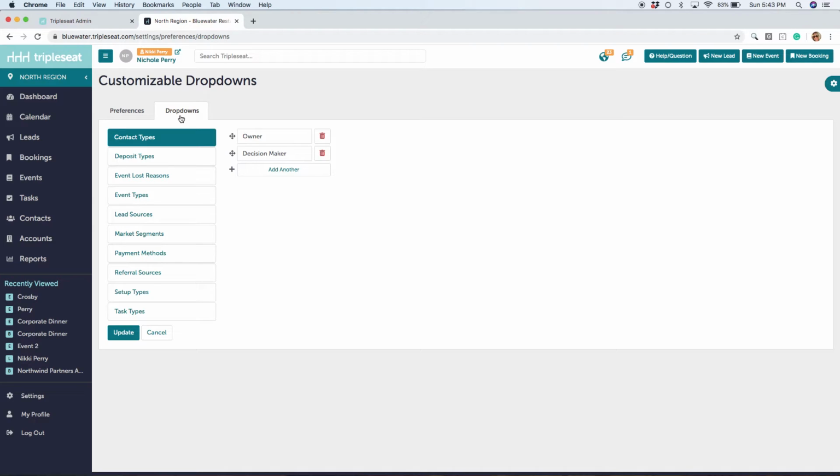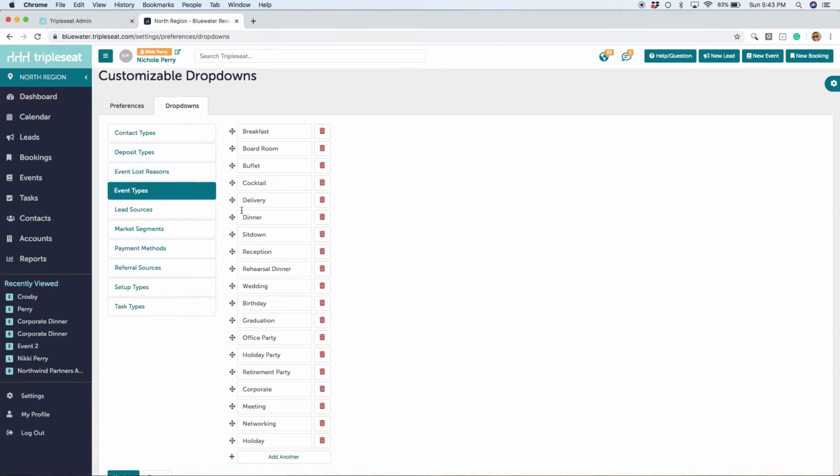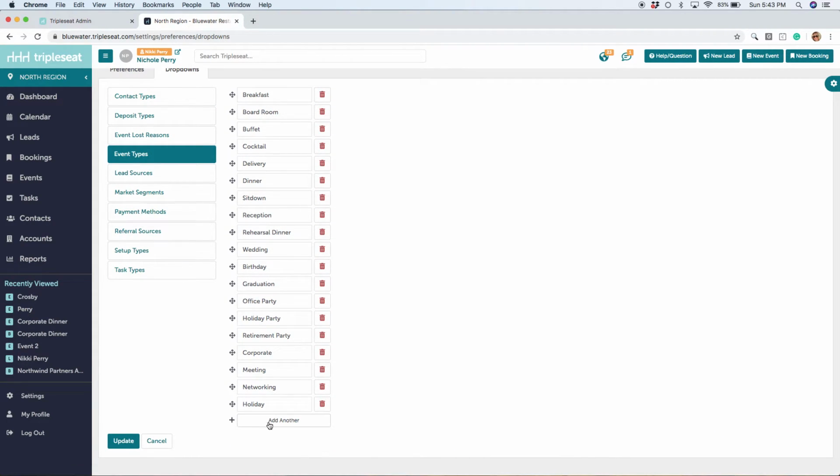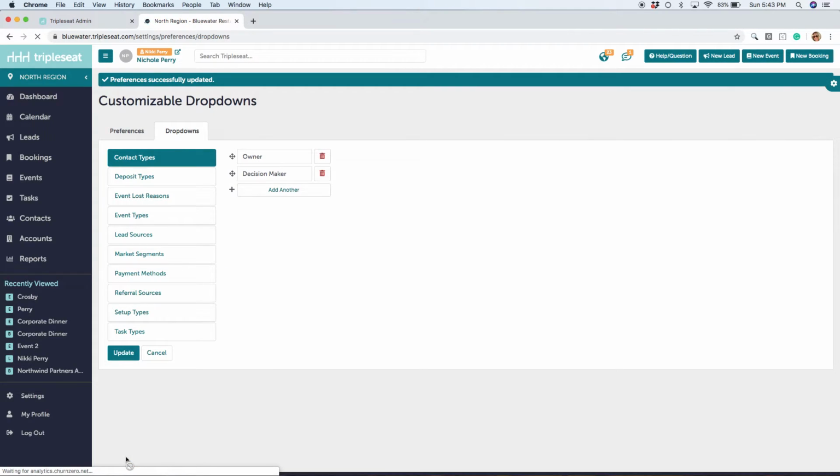These are all of your reportable drop downs in Tripleseat. I'm going to go down to the section for event types. And at the bottom, I'll see a quick, easy button to add another. So I'm going to go make sure I add takeout and update. So now I have the correct drop down of takeout for reporting, but I'm also going to need to create